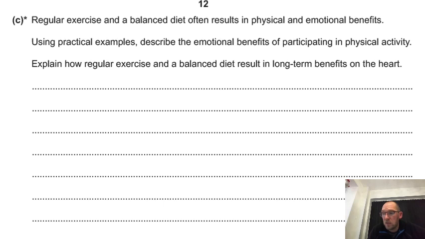The very best answers, which scored the full 6 marks available, covered all the assessment objectives in detail and showed excellent development of each point. These responses included several practical examples to help describe the emotional benefits of participating in a range of different physical activities. The lower ability candidates often did not give any practical examples and only gave 1 or 2 emotional benefits